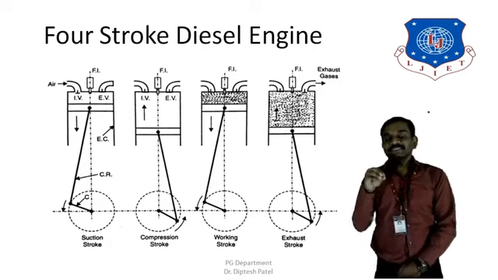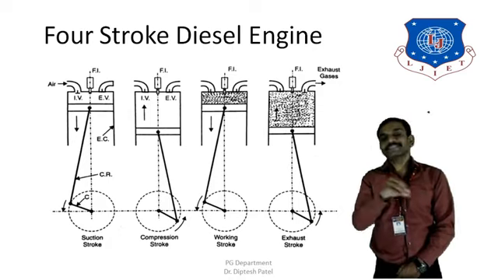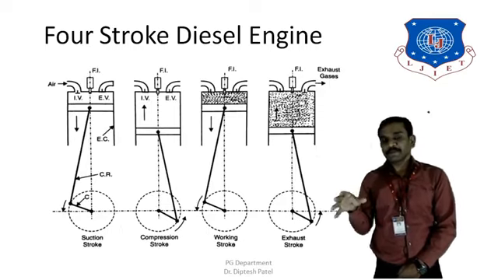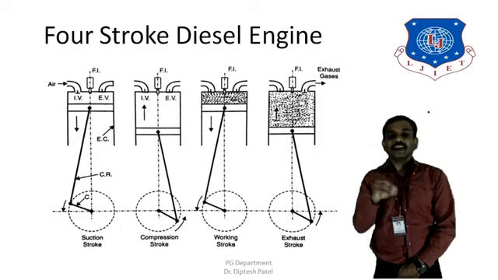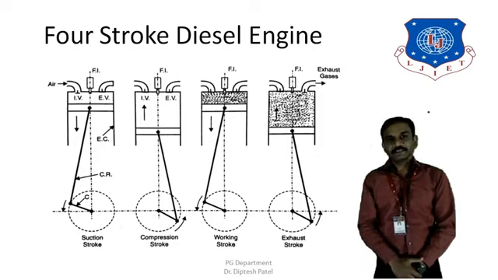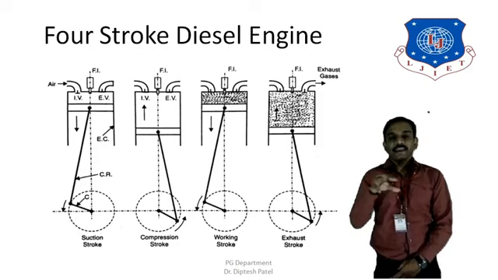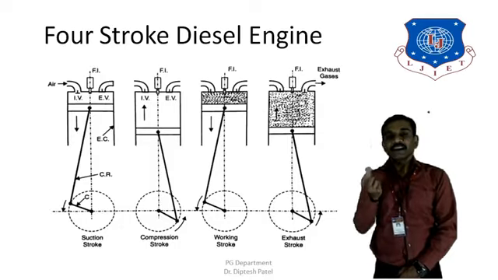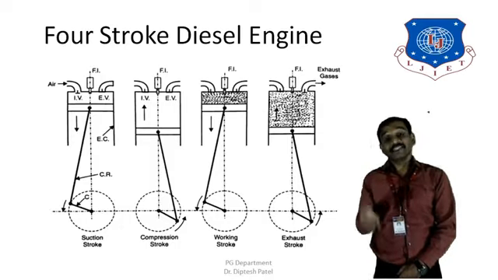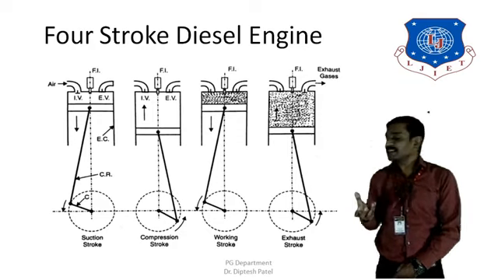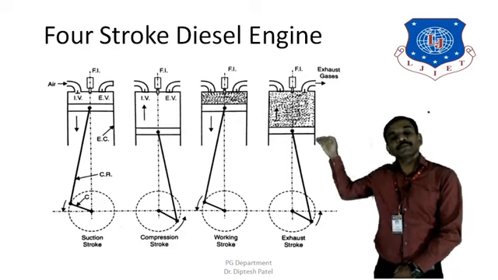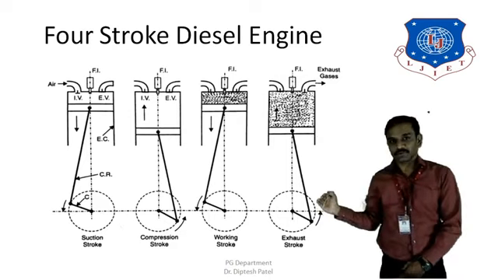Since fuel is injected, it is atomized and vaporized inside the cylinder, and since it has a higher temperature inside the cylinder, the fuel starts to ignite spontaneously. So the fresh air and the diesel provided into the cylinder at high temperature and high pressure start to ignite in the presence of oxygen in the air. Now since the fuel is ignited, you can see in the third stroke the piston moves from TDC to BDC, which is known as the power stroke.